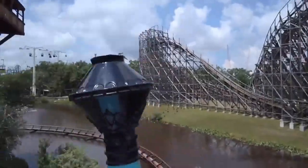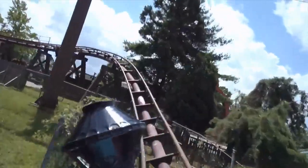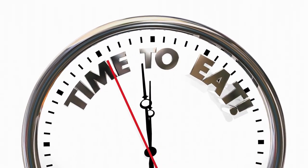But when we hit that last hill, I was absolutely launched with some crazy ejector airtime. That was definitely because of the weird shaping of the hill. At this point, it was probably around 12 or 12:30, and we ate breakfast real early, so it was time